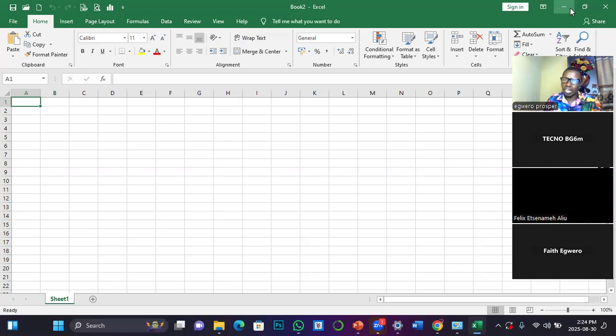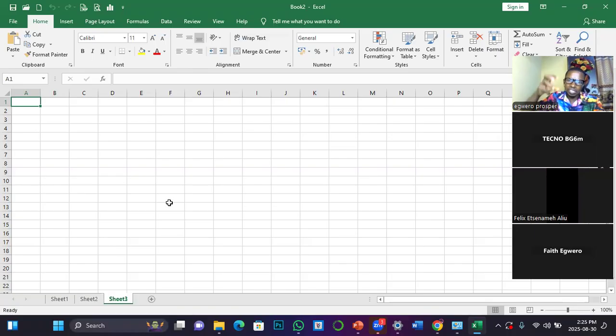Now, let me start from here. How do I update this book? That automatically takes us to how to save a workbook. Because this is a book. Once I click on this plus sign, I have added a sheet. When I started, I said a workbook is a file that contains different records across different sheets. Now, this is sheet 1, this is sheet 2. What you used to call a page in Microsoft Word, in Excel, the language has changed to worksheet or sheets.